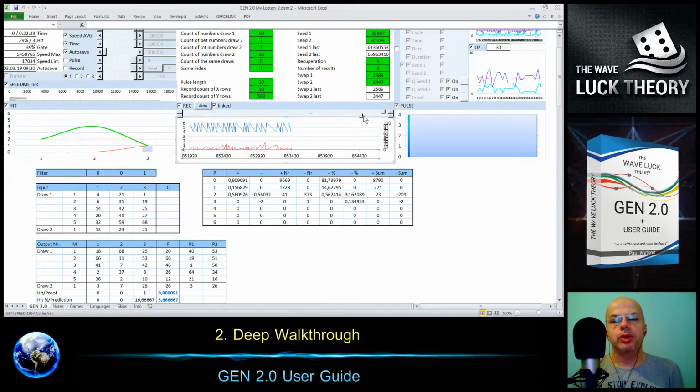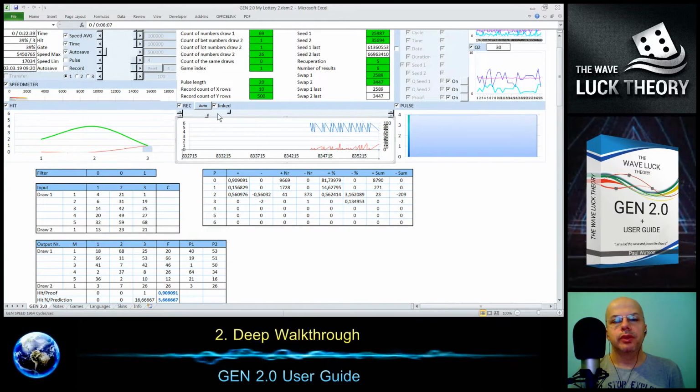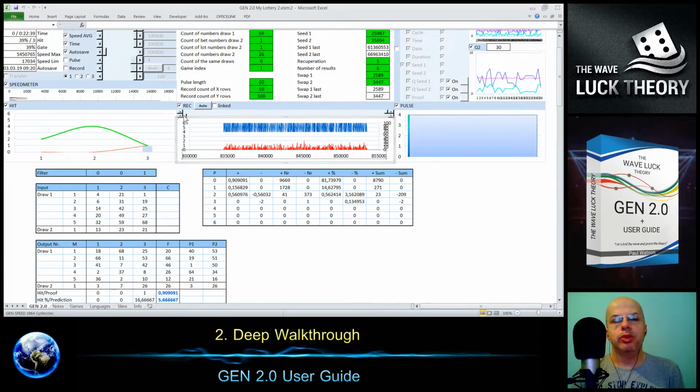For example, I go to the end, or I can go to the beginning, to see. I can also make it auto, which automatically puts the indicator at the end, and it shows the complete record from the beginning to the end.